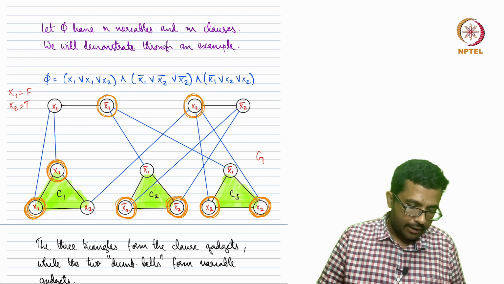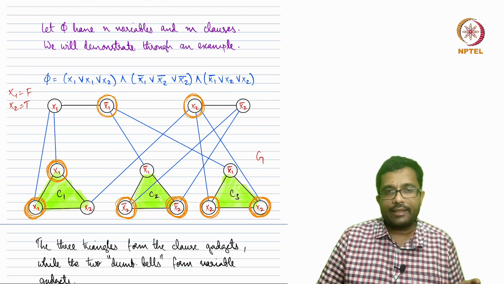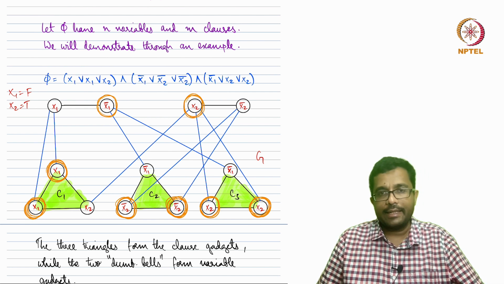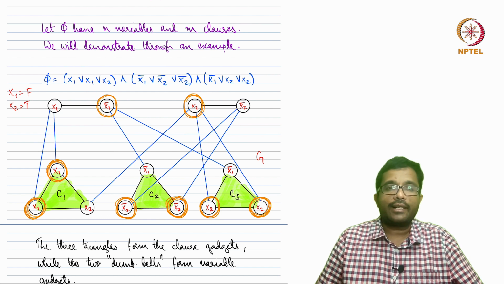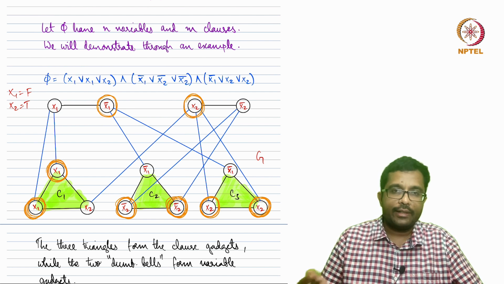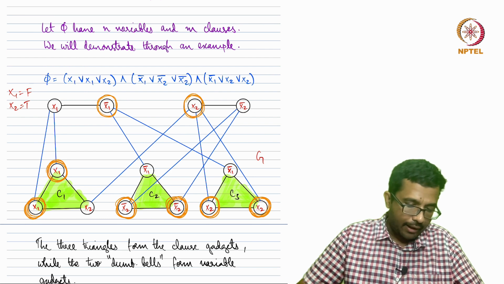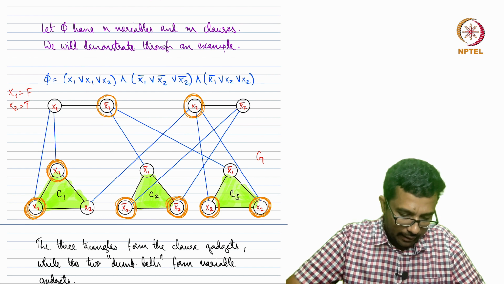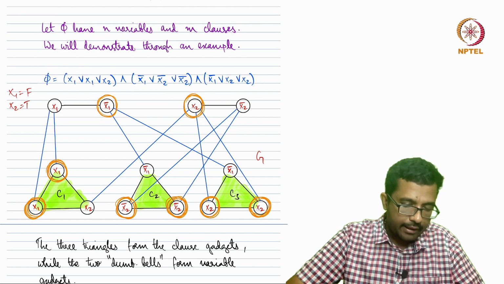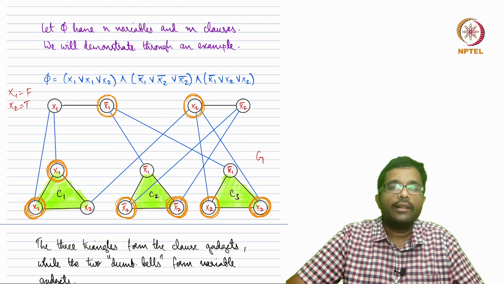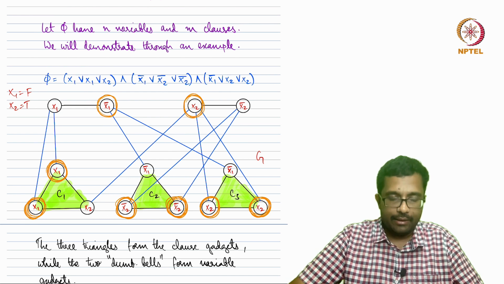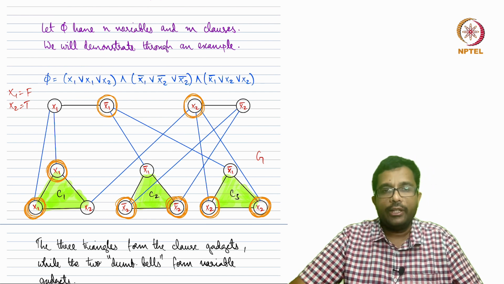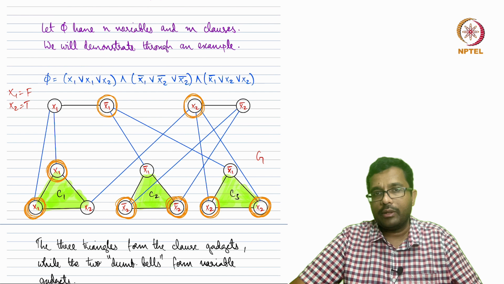So we have these clause gadgets and variable gadgets. Each clause gadget contains 3 vertices, one for each literal in the clause. Each variable gadget contains 2 vertices, one for each literal, xi and xi complement. And we also do these cross connections by connecting each vertex in the clause gadget with the vertex in the variable gadget with the same label, right? And the claim is that this graph has a 2m plus n vertex cover if and only if the formula is